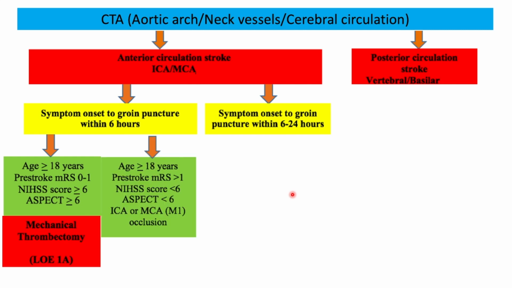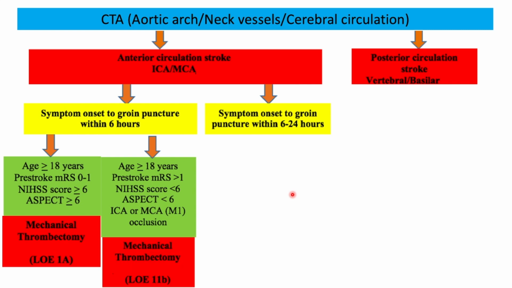Now, if the symptom onset to groin puncture can be done within 6 hours, but the pre-stroke mRS score is more than 1, NIHSS stroke scale is less than 6, ASPECTS score is less than 6, but it is still an ICA or M1 occlusion, then this patient still qualifies for mechanical thrombectomy, but it is level of evidence